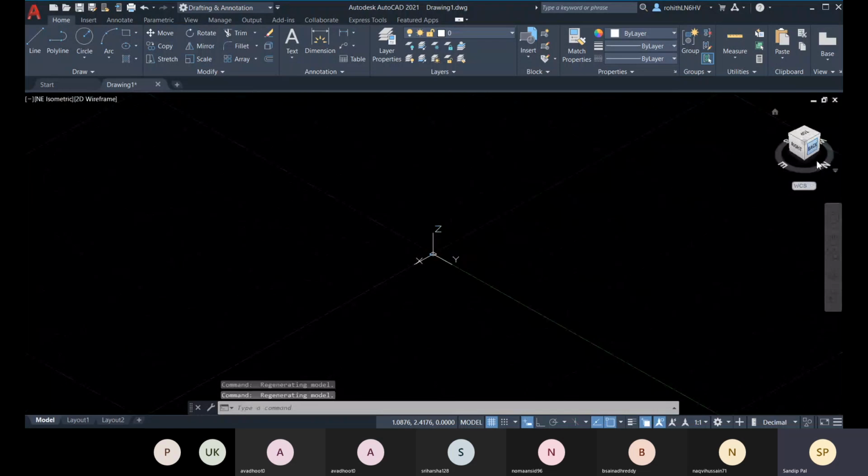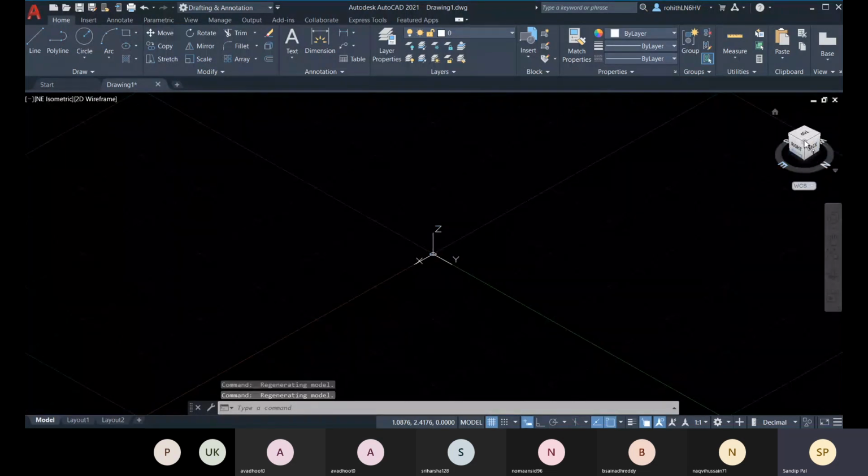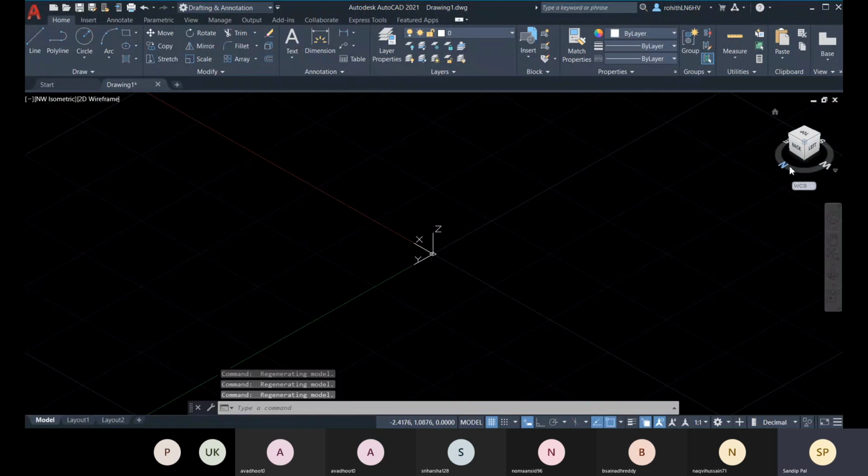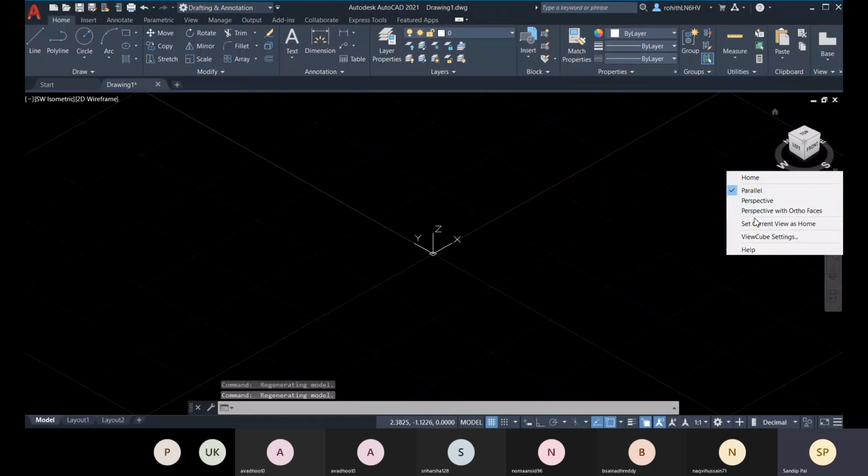You can go for northeast for top, right and back, and like that you can choose northwest for top, back and left. So let's go for southwest,